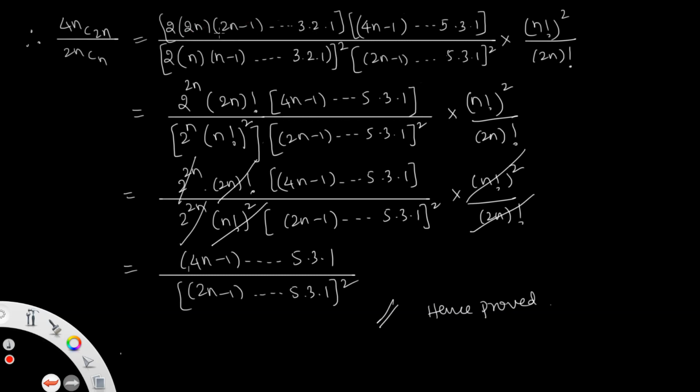So how many terms do we have here? Totally the terms are 2 into 2n, 1 to 2n minus 1 like this. So totally there are 2 to the power of 2n terms. Here we have 2 to the power of n terms, 1 term, 2 terms, 3 terms like this. As a product of 2n terms, that is 2 to the power of n, then write it as 2 whole square here. So 2 to the power of n, n factorial, and this total value becomes 2n factorial as per the definition of factorial.